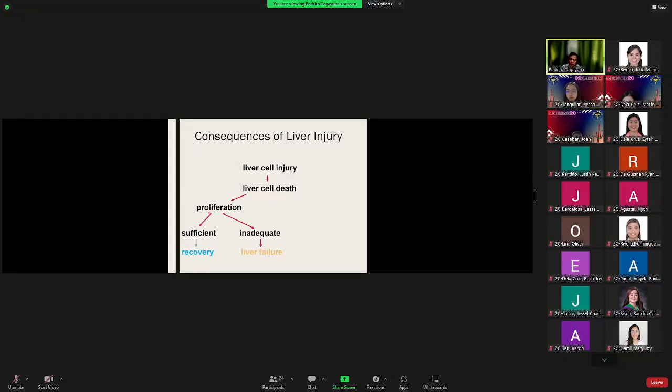But if the replacement is inadequate, it can go into liver failure. That is in terms of function. But when you talk about the architecture or the structure of the liver, when there is proliferation, the structure is preserved. But when too many of the cells are dying,